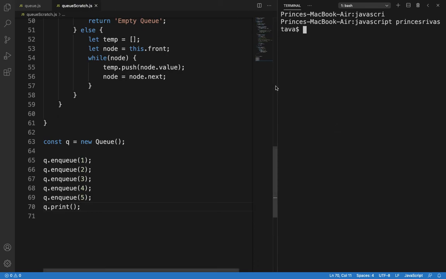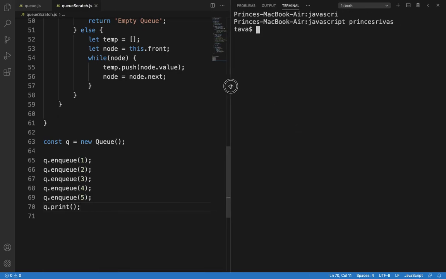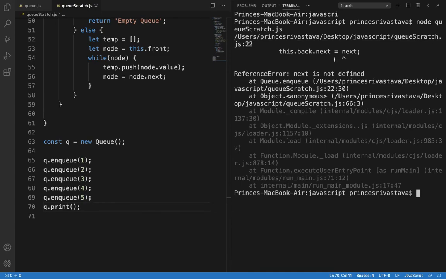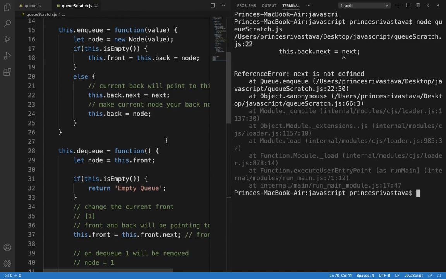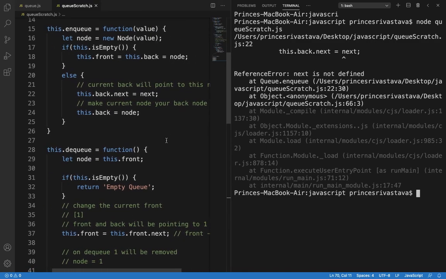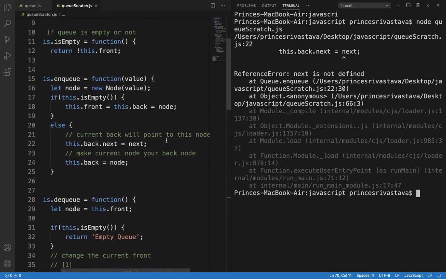Now let me run the code. Okay, it is giving error. This dot back dot next is equal to next. Where I have done this, current back should point to this node.